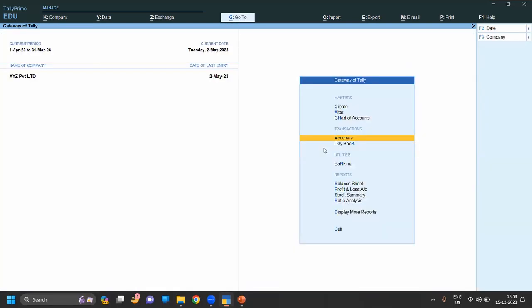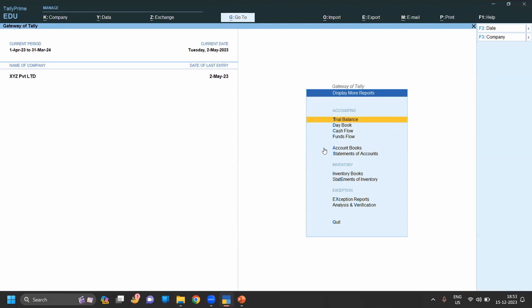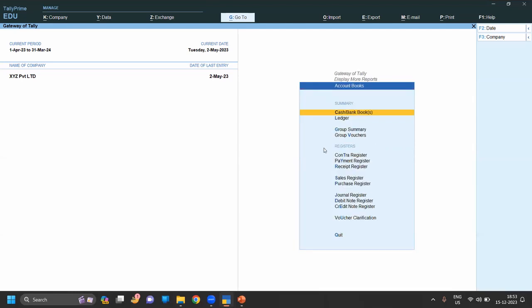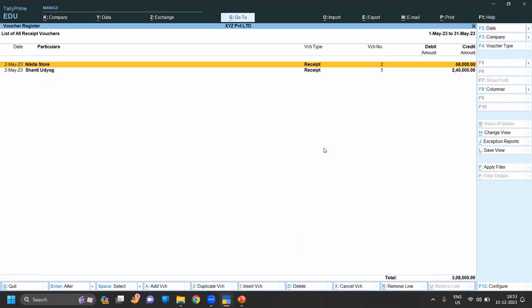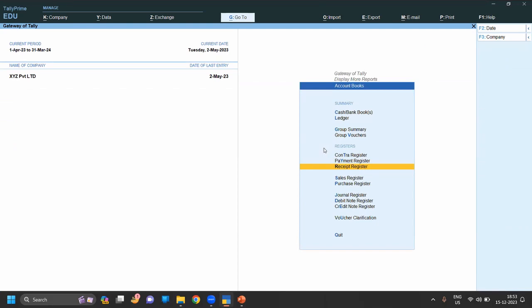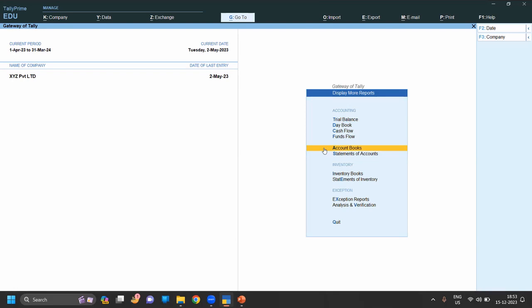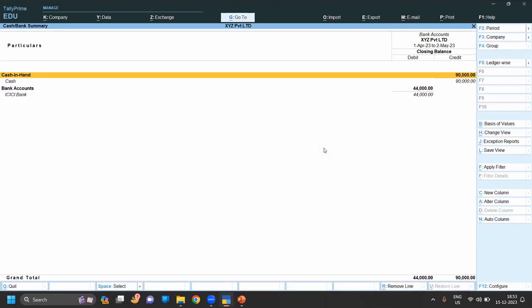Now our sales entry is done. So where can we see the sales entry? In display account, in receipt register, as you can see your sales entry. Or in cash book, you can see it is only cash in hand. In bank account,